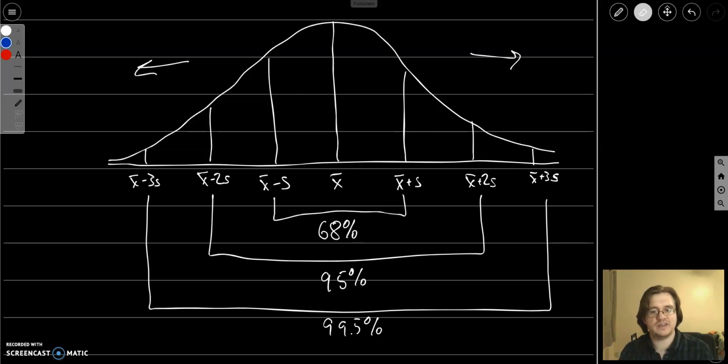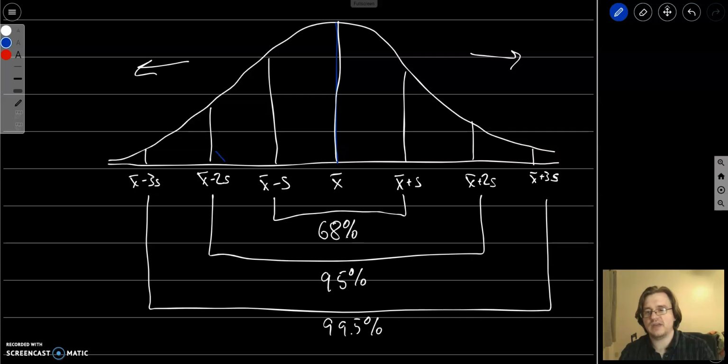Well, within 1 standard deviation, almost 70% of the data should be here. 68% of the data should be within this region. 95% of the data will be between 2 standard deviations of the mean, and almost all the data, all but 0.5% of the data, will be between 3 standard deviations of the mean. And as a rule of thumb,